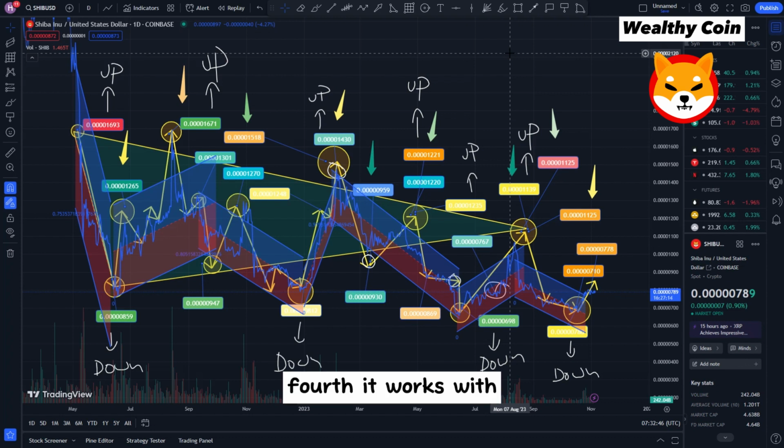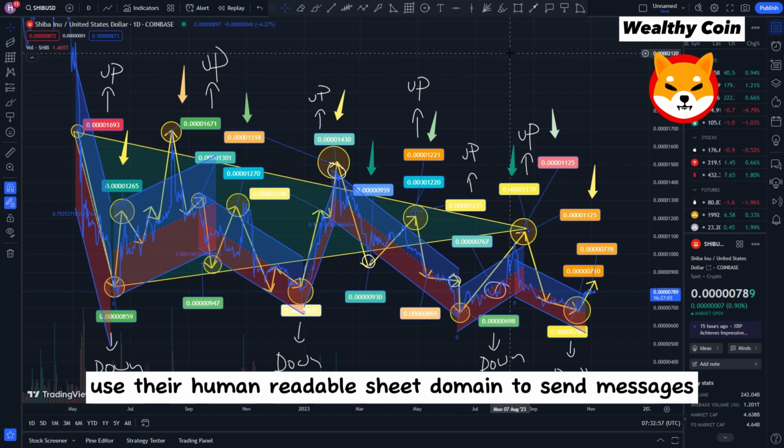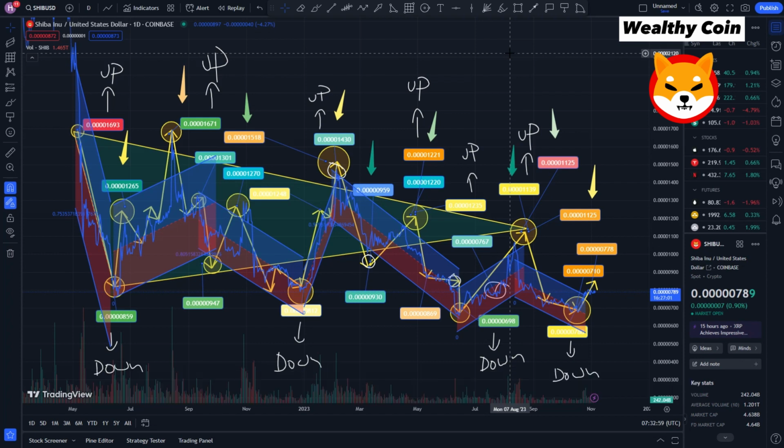Fourth, it works with the Shib name service. The Shib Identity service works perfectly with the Shib name service. This makes sending messages easier because users can use their human-readable Shib domain to send messages, making it easier for